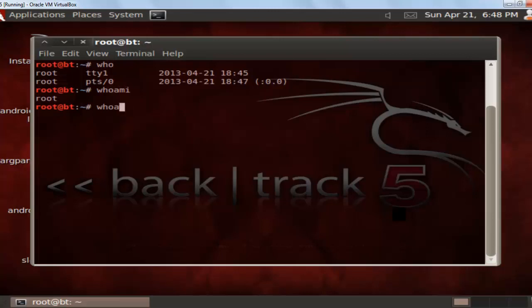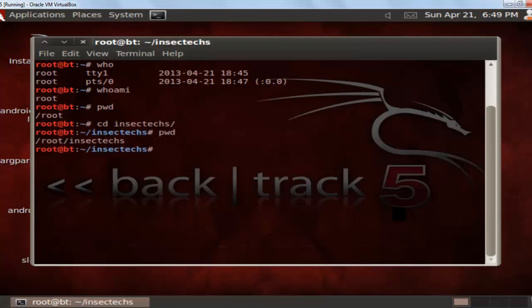You can even check the present working directory, which is root. If you get into insectx and type the same one, this is the current directory, we can see root insectx. And the next one is